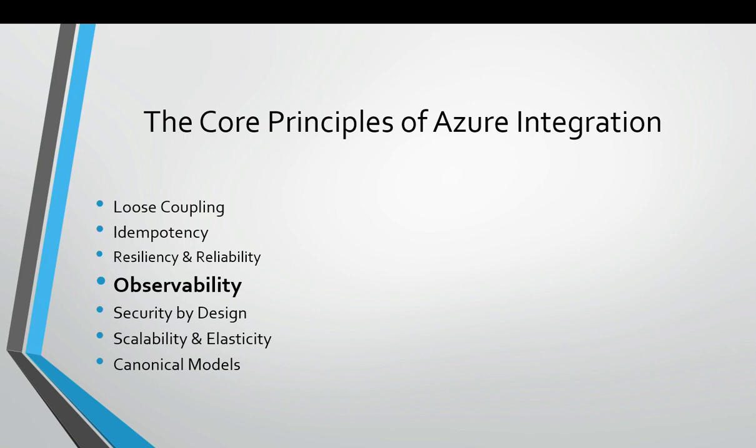Specifically in trace, this is where correlation ID and traceparent come in. They let you connect one transaction, for example, from API to Logic App to Service Bus and Function and downstream APIs. So you can trace exactly where things went wrong. And together, these three pillars give you end-to-end visibility in Azure integration. Observability means